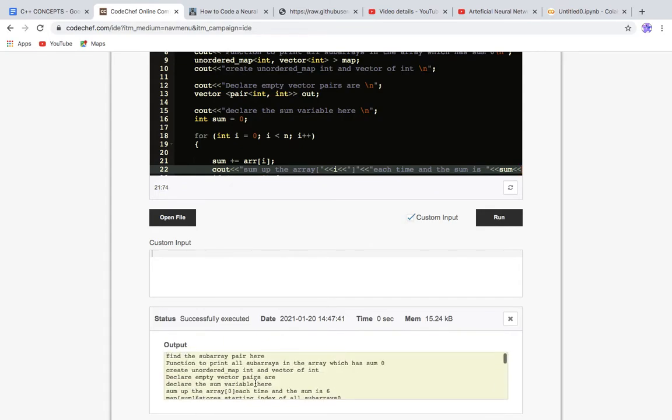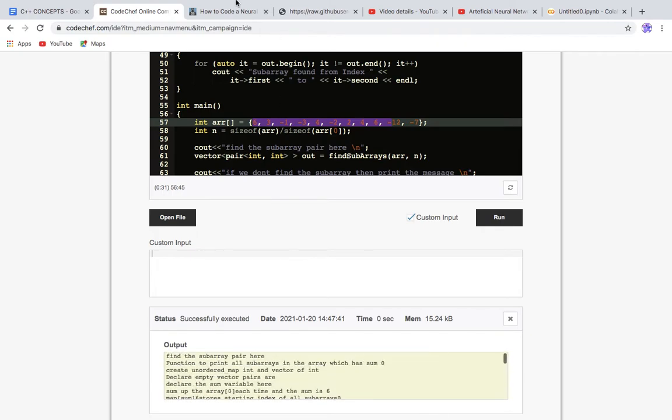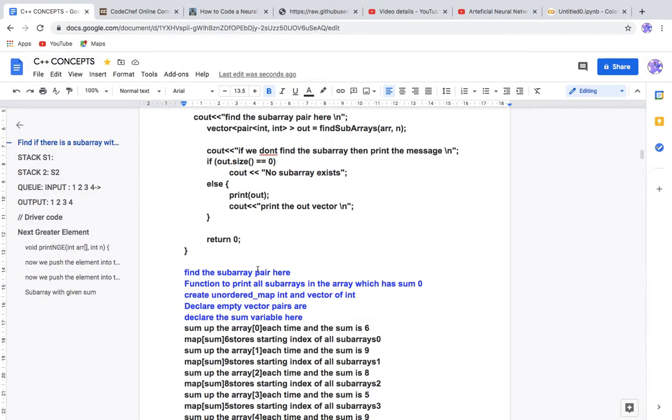So this is our flow and this is our output, like 2 to 4, then 2 to 6 as we saw, 5 to 6, and then 6 to 9. You see, this is our array, 6 to 9, 0, 1, 2, 3, 4, 5, 6, 2 plus 4, 6 plus 6, 12, and minus 12. So it's 6 to 9, 6, 7, 8, 9. It's 0. So it has found out. If you add whole, then 0 to 10, it becomes a 0. So that is also printed. So everything is printed. Let's see how the flow of the program is, right?